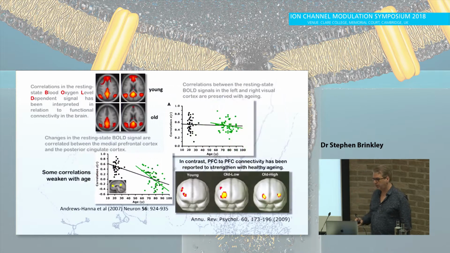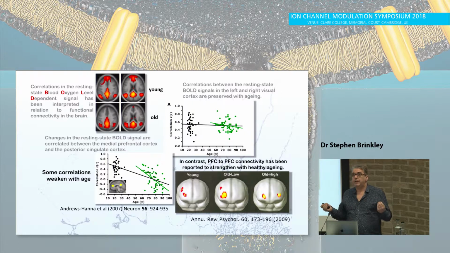The question is what? BOLD also shows something changing. But again, the question is what? BOLD is interesting. It's an exquisite control of a hemodynamic response. So how much blood goes to different bits of your brain. And it clearly changes with age. And this is looking at, I think, resting state BOLD and looking at what they call functional connectivity between different brain regions. And some connectivity is maintained with age and some's lost.